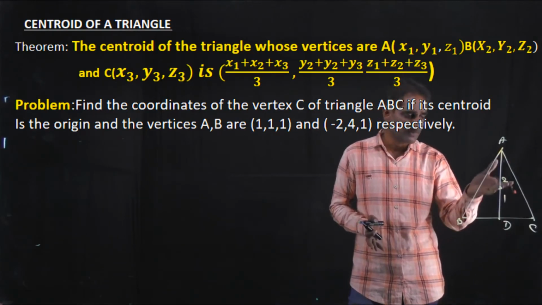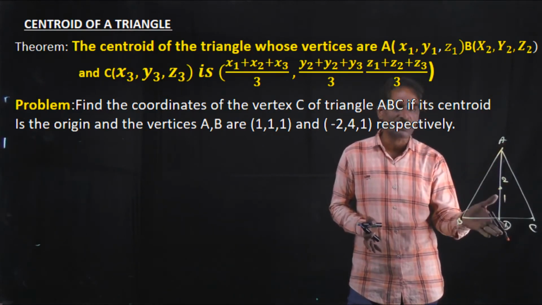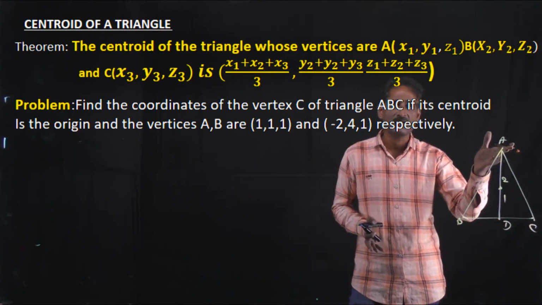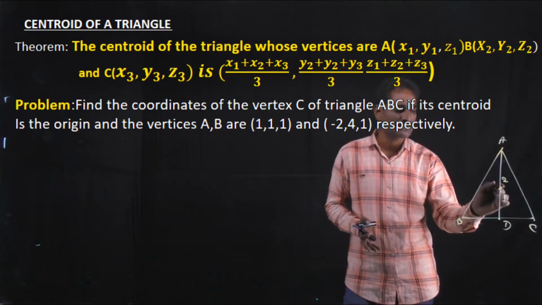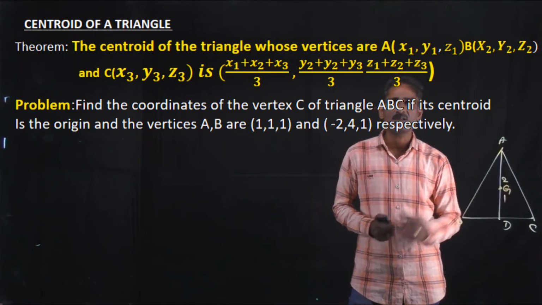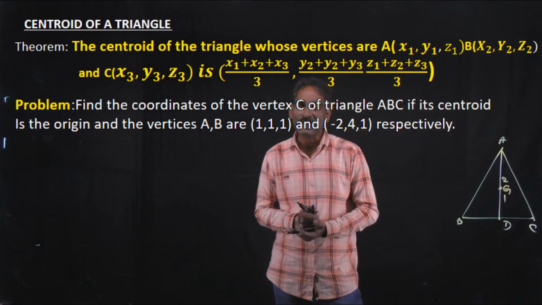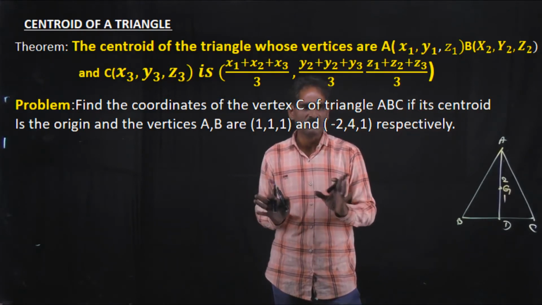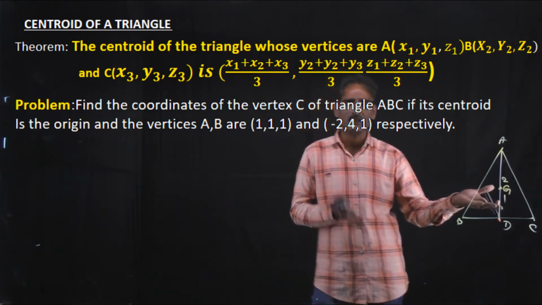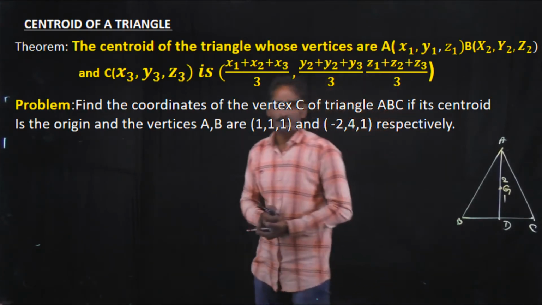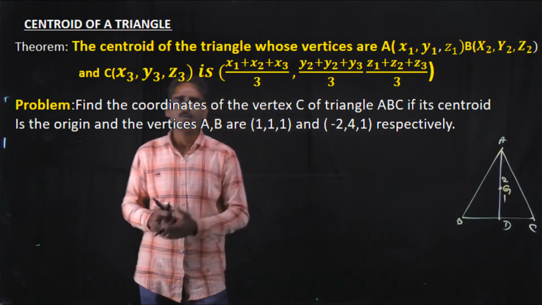You have to apply the section formula for this point and this point. This is nothing but the midpoint of BC, and you already know the point A. Just apply the section formula and you will get the point G. That's it. This is the formula for the centroid of the triangle. So the proof is not important, but this is the way to prove this formula. Okay. Next, one problem is there.